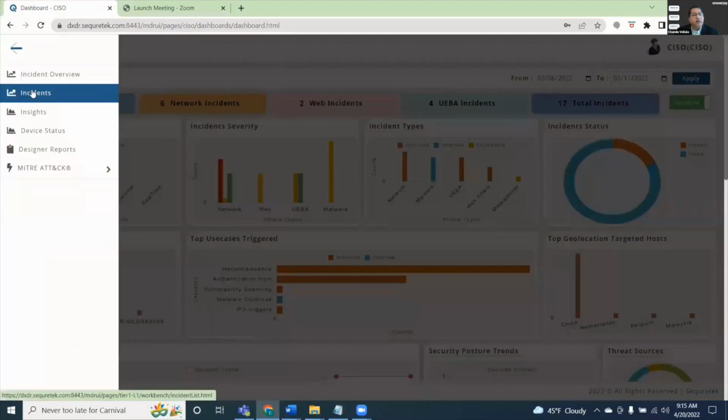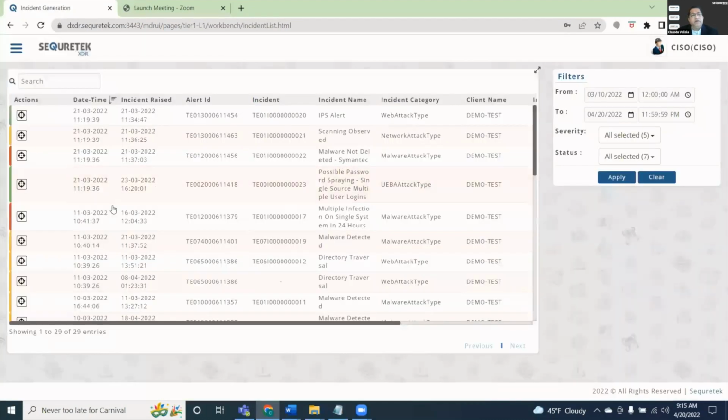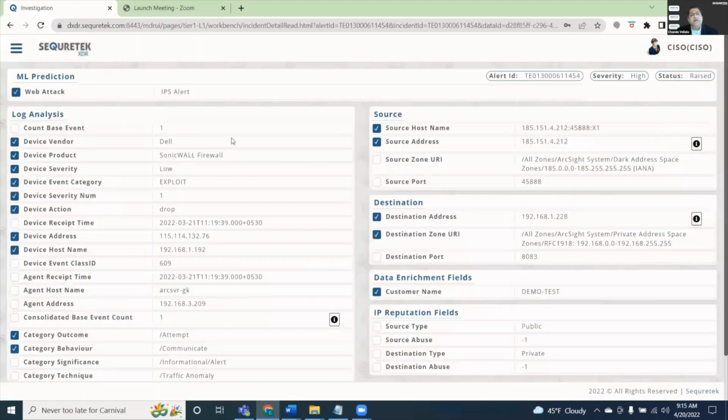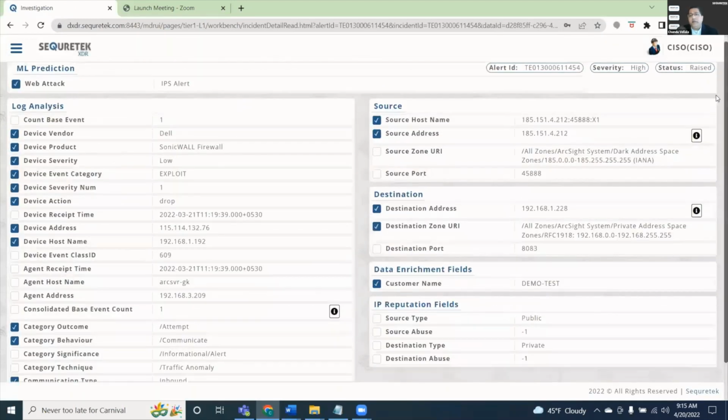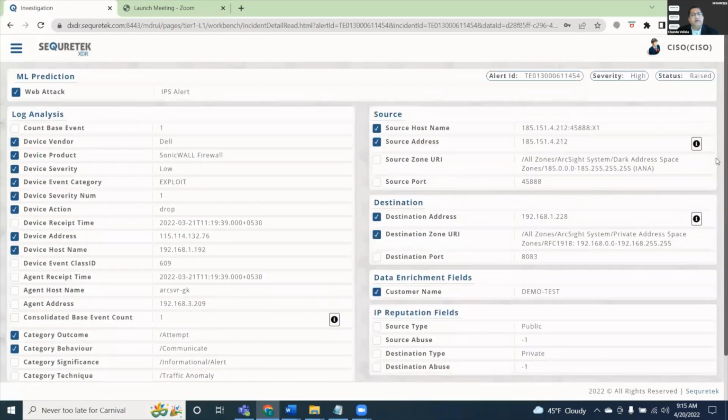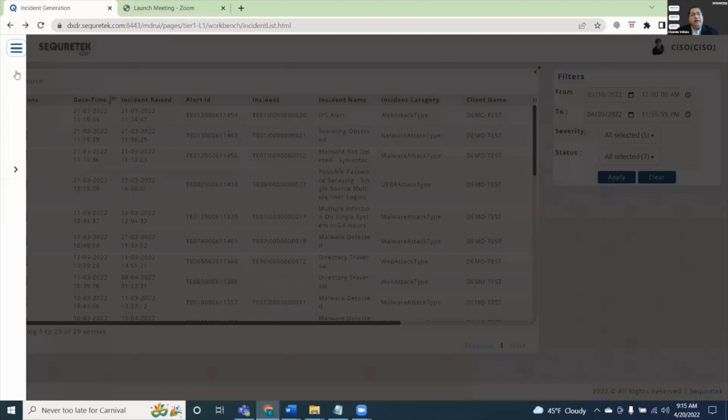And then if you look at the incidents itself, you can actually drill down to the actual incident that happened. In this case, let's look at a web attack type that happened. It gives you a whole wealth of information, and all these can be reported to the FFIEC straight away. We have a different reporting format for that. And then